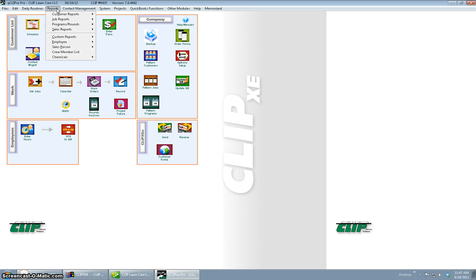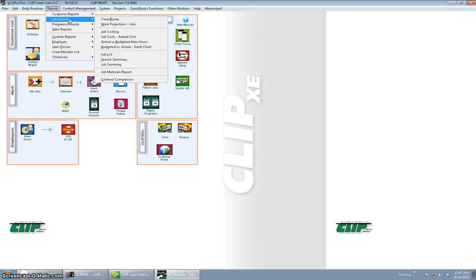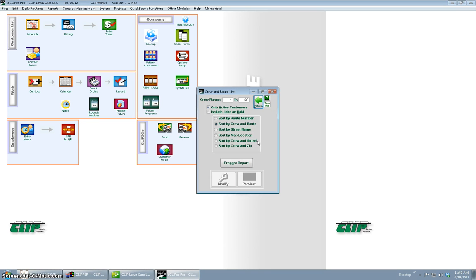So if you go to reports and then job reports and then crew and route, this is where you can get this. So right here is where you would select your crew range. You could do it just for one crew, or you could do it for a whole range of crews. I'm going to do it for crew 40 to 50 right now. And we're going to say only active customers. I don't want any jobs on hold. And the way I want to see it is sorted by crew and route, although you could sort it by all these different ways. So as I hit prepare report,